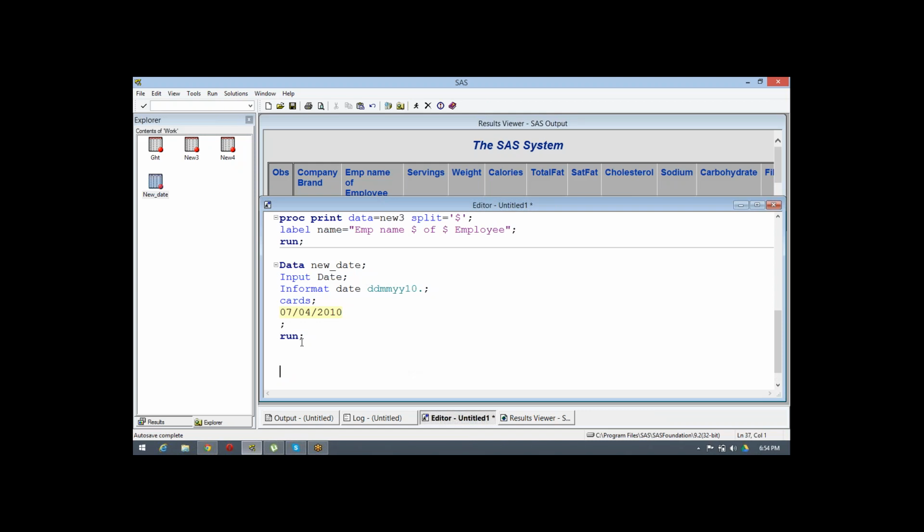As per 1 Jan 1960, which is taken as the base date, called 0. If the value is 2 Jan 1960, this value is 1.